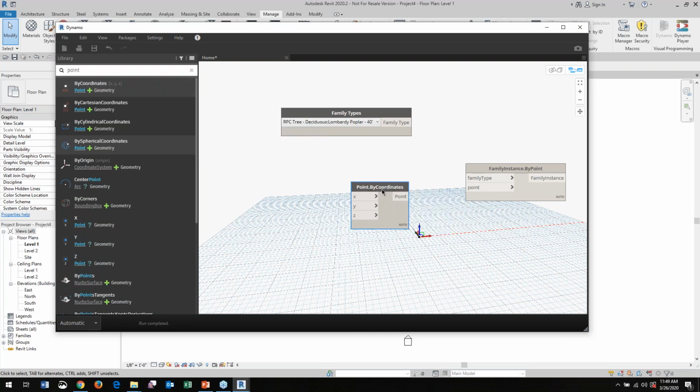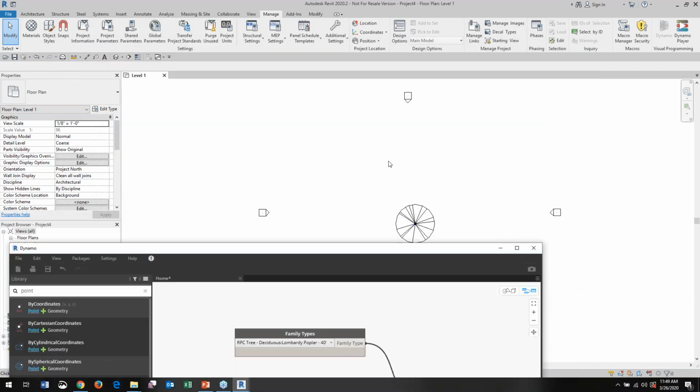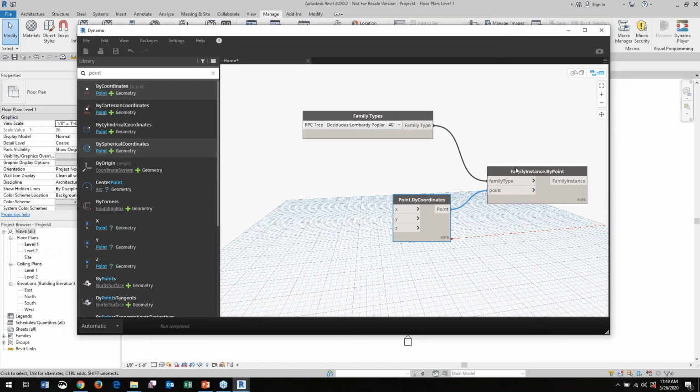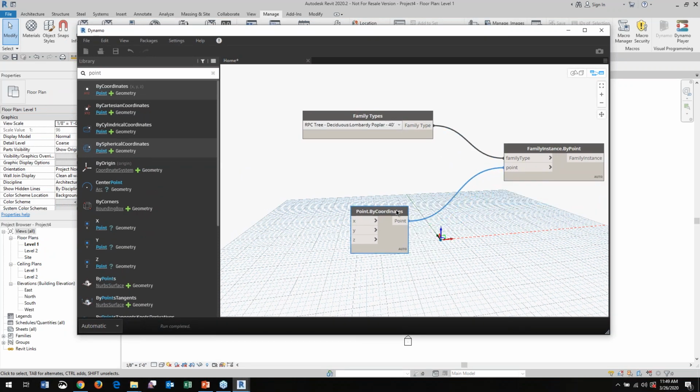And it actually added a point there at the origin. The default will be 0, 0, 0. So I can feed this in here, and feed this in here, and let's see what happened. It added a tree into the software. But I don't want just one tree. I want